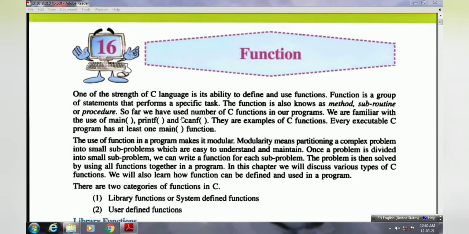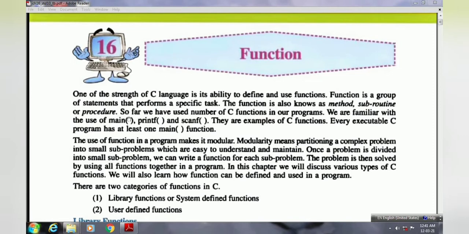So far we have used a number of C functions in our program, and we are familiar with our main function. Main is the function through which our program execution will begin. It is a special type of user defined function that supports the execution of every C program.